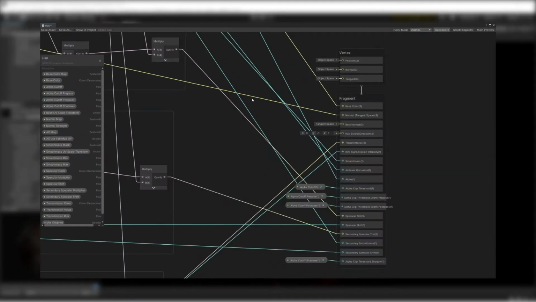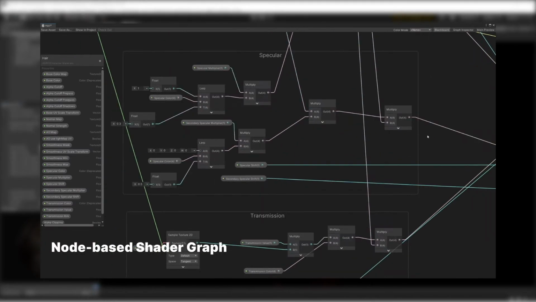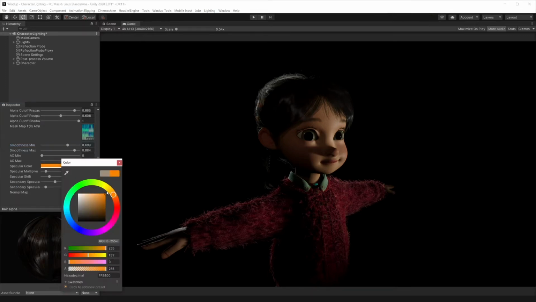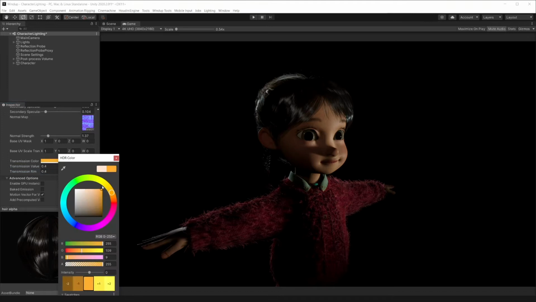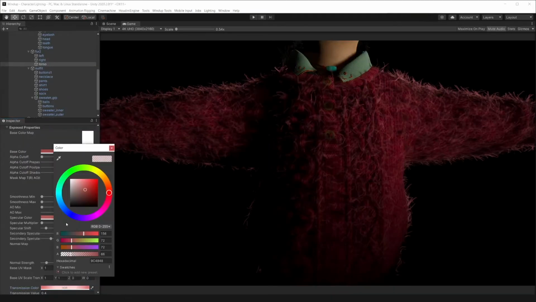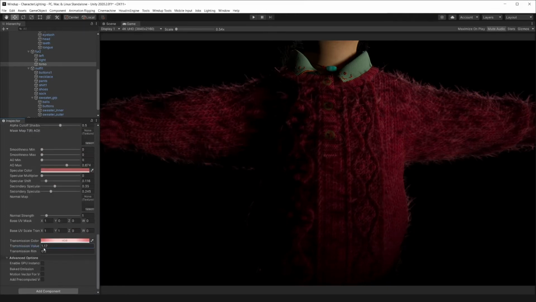Unity also has a visual, node-based shader editor called Shader Graph. Shader Graph makes it possible for artists and tech artists on your team to create custom shaders by connecting nodes in a familiar workflow you've seen in many other DCC applications. You can do a lot out of the box, but it's also possible to write your own custom shaders using